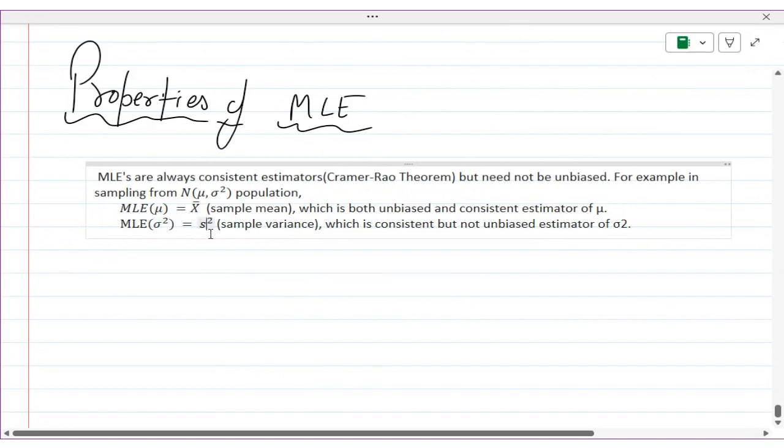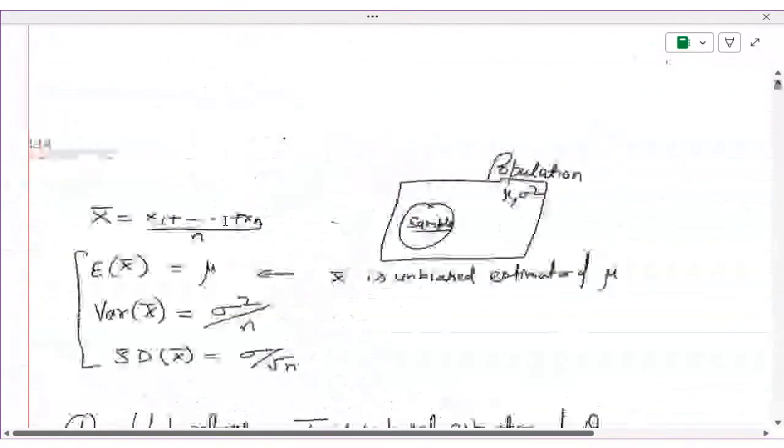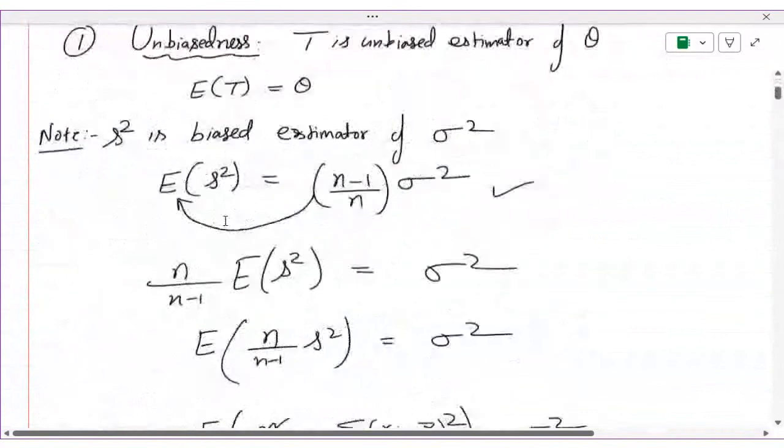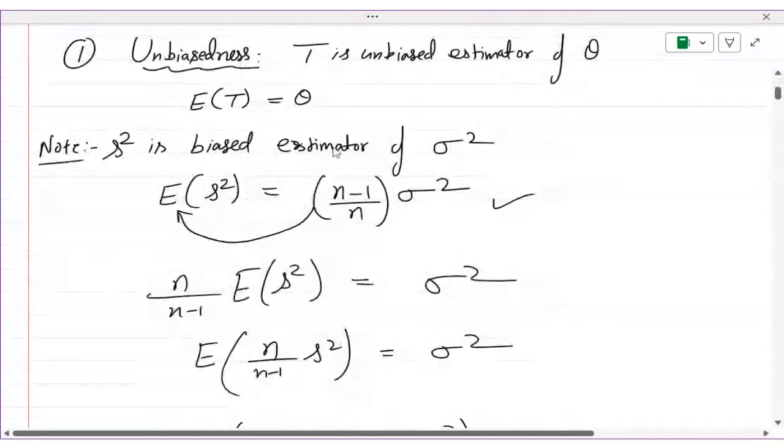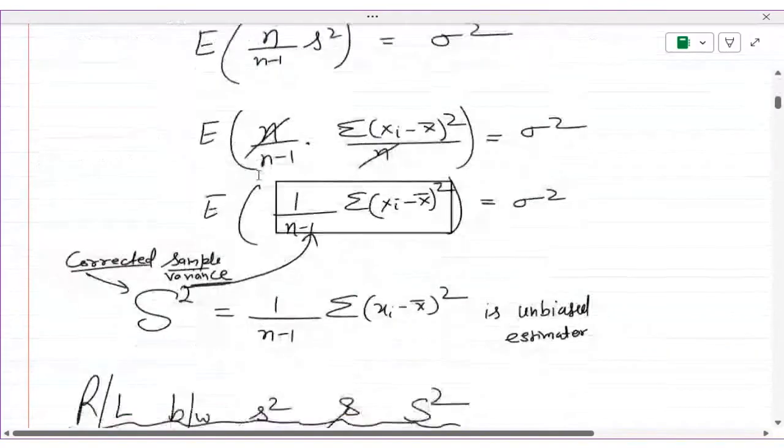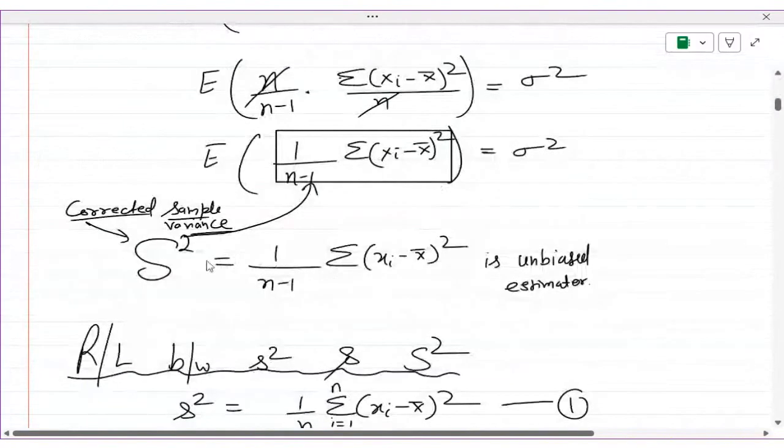Okay. So mean is unbiased and consistent, no problem. But this small s square, you have known when we did the consistent estimator, we have shown that it is biased. It is a biased estimator of sigma square. Capital S square was when we made the correction. In the beginning, the first thing we discussed today was that this small s square is biased. Okay, so that is why we take the capital S square, corrected sample variance. Okay,